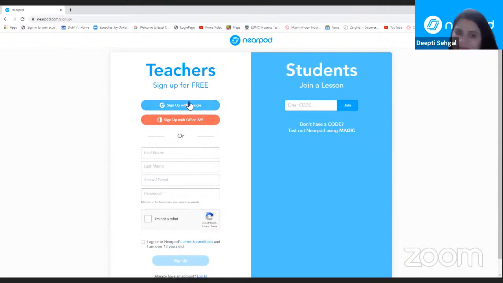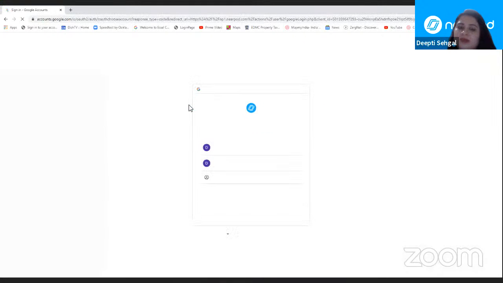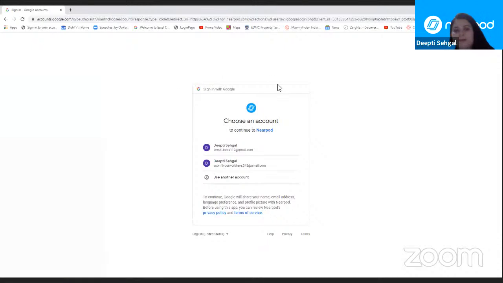Since I have a Gmail account, I will be clicking on the top one, that is sign up with Google. So just one click and it will take you to the page to choose your Gmail account. Since I have two Gmail accounts, it has brought me here. So it will also take you to your page where you have to select your account. So I'm clicking this account. I'm taking this one account, this account. So when I click on this account,